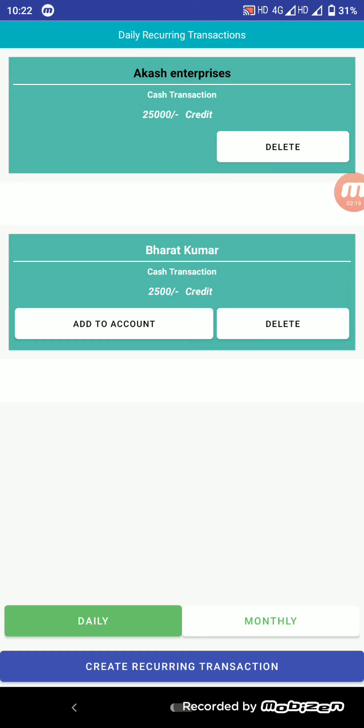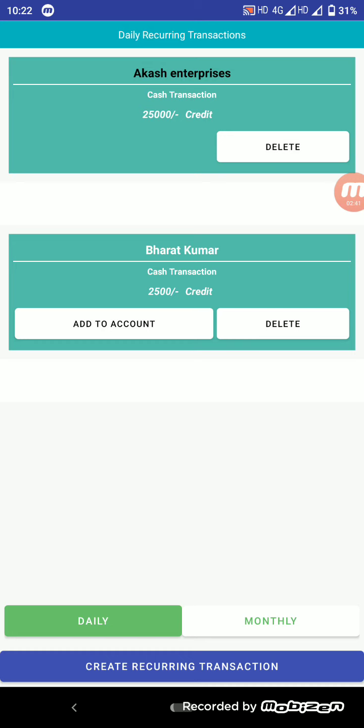It will also be easy for you to maintain which recurring individual transactions have been done on daily or monthly frequency, and which transactions have been left. The remaining transactions will show this option add to account, and the transactions that have been done are not showing this option add to account.